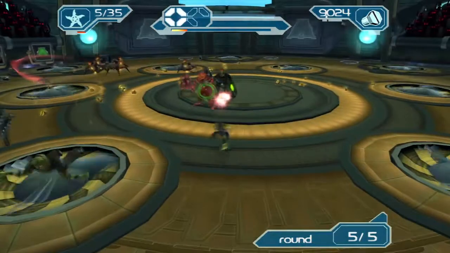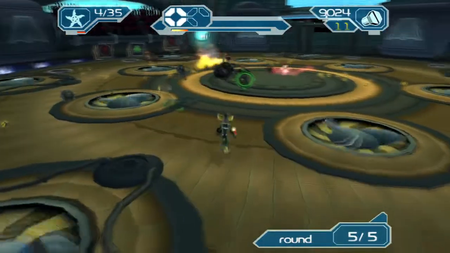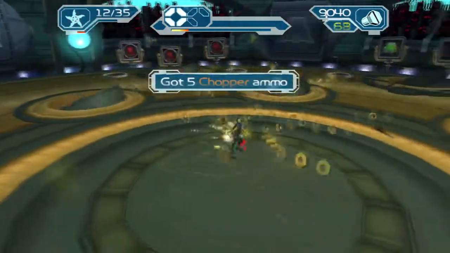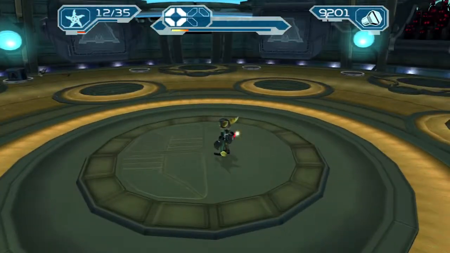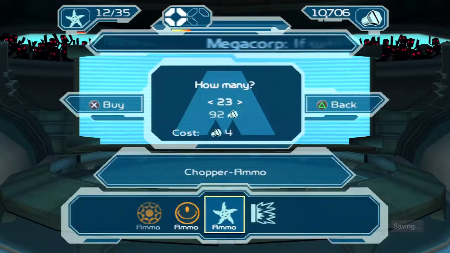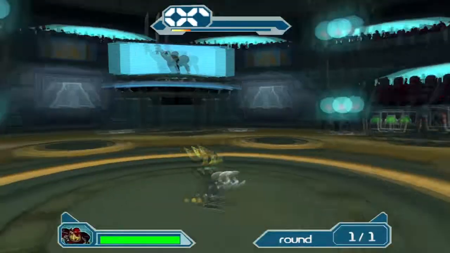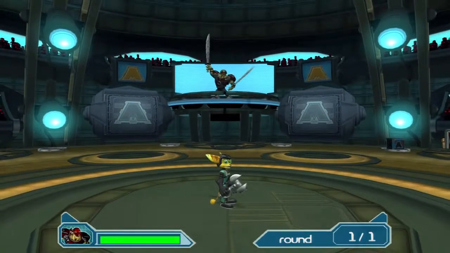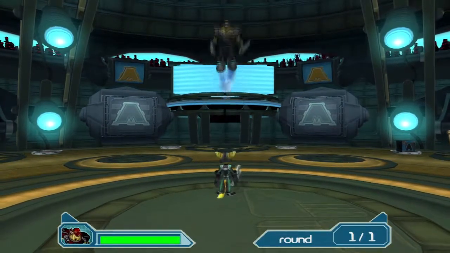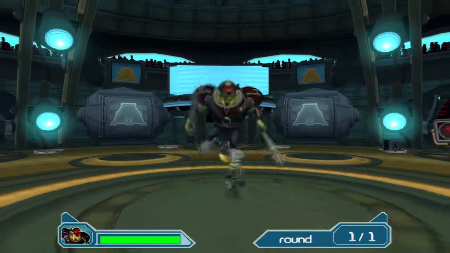So we're soon done with this arena battle, because we're at the last round. I think this is called a hazard challenge, because you can see on the ground there's a few hazards around. We got 1,500 bolts, and now we're going to do the chain blade challenge. In this challenge you have a skill point that you need to do. The skill point is called Wrench Ninja,